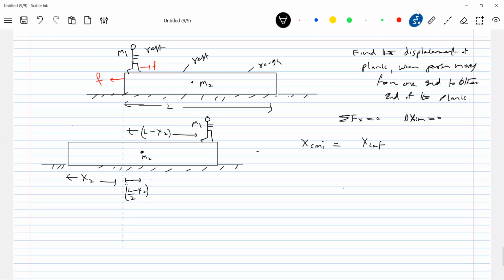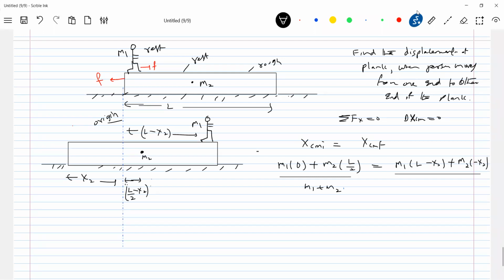Looking at this diagram, for XCMI, let me choose the initial left end of the plank, where the person is, as the origin. M1, the person, is at the origin. The plank is at a distance L by 2, divided by total mass M1 plus M2. For XCMF, at what distance is the person finally? M1 times L minus X2. The plank at what distance? M2 times L by 2 minus X2. Why minus X2? Anything you measure towards the right will be positive. Look at X2 now. Sorry, this is...